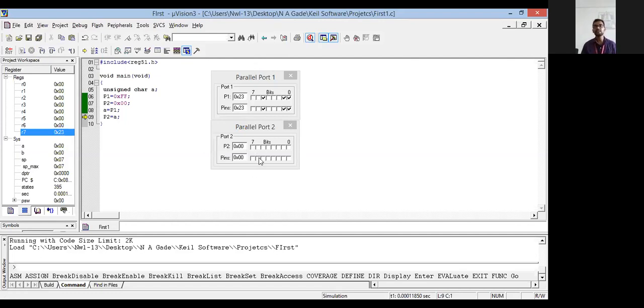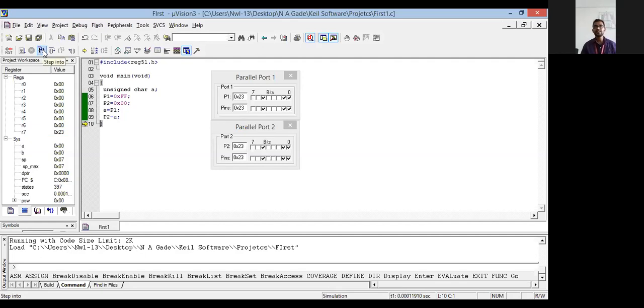So as you can see here, it is 00. So 23 is not displayed over here. 23 is just transferred to R7. Means variable A, you can say in short in C language. And if I again click on step into, as you can see, the 23 is displayed over this port. Okay. So this single execution of program is completed now.